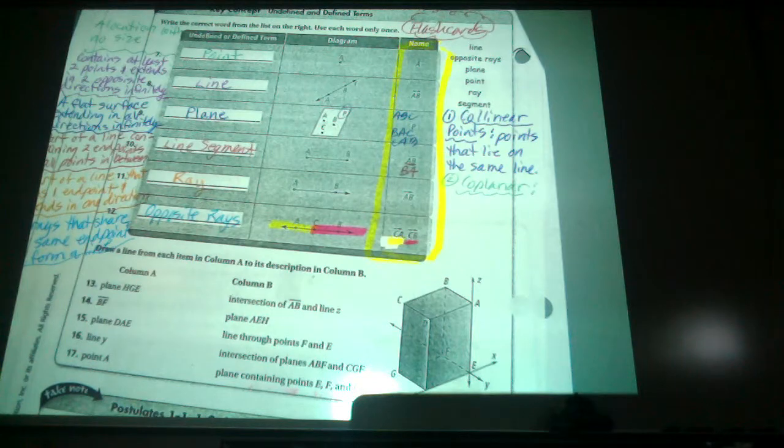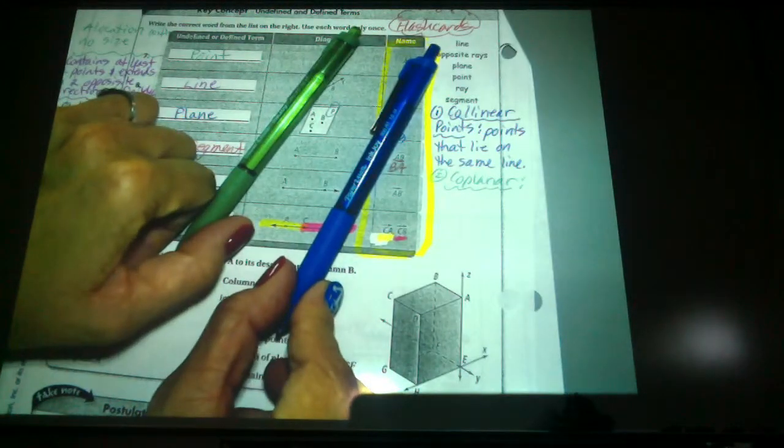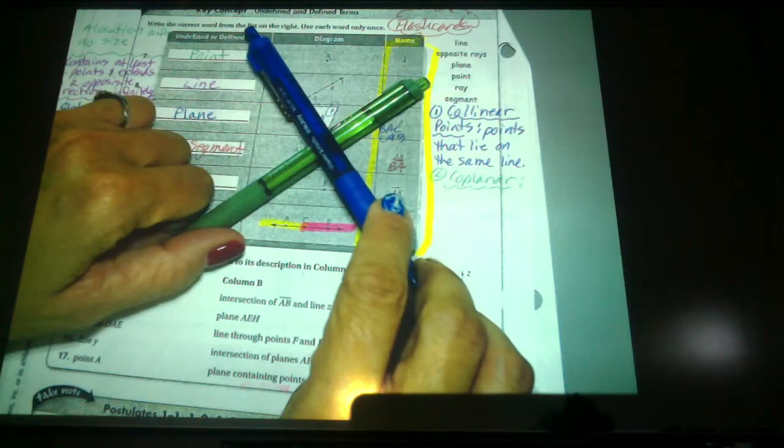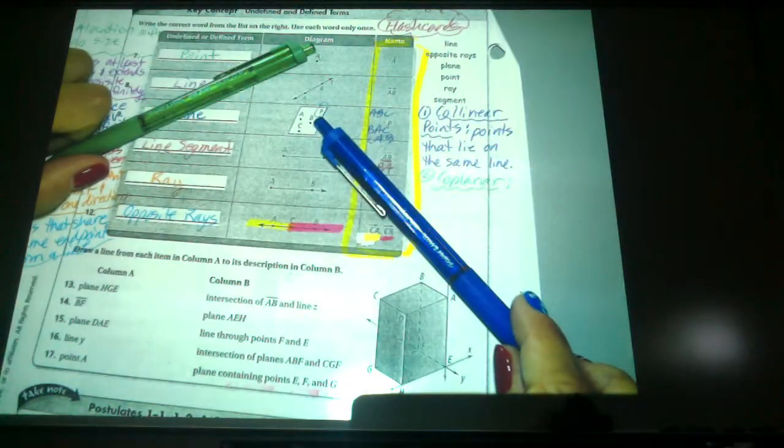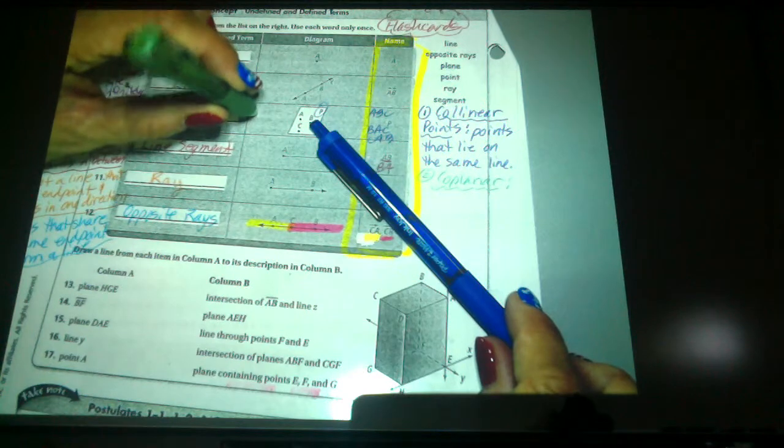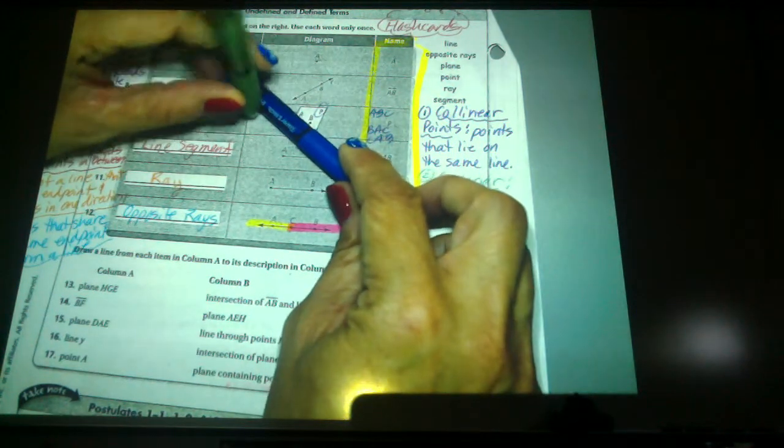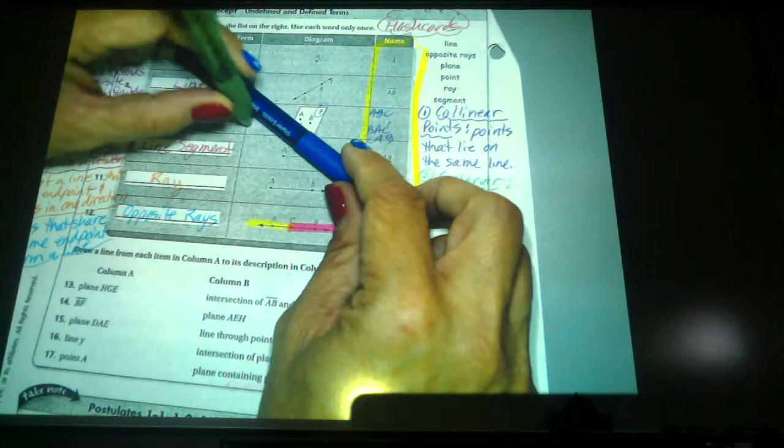What do you think that means? Co meaning with, planar meaning what? Plane. So things that are in the same plane. So things that can be in the same plane are points, lines, typically. So if you've got lines that are in the same plane, they're coplanar. Now if I have 2 lines that are like this, they're coplanar. 2 lines like this, they're coplanar. 2 lines like this, they're coplanar. But the minute I do this, even if it touches the other line, can I, well,